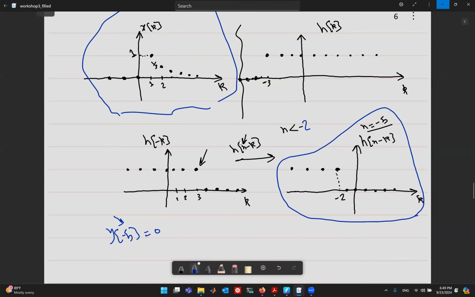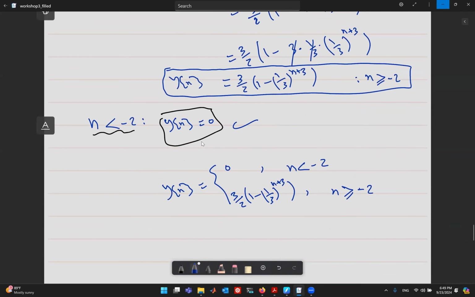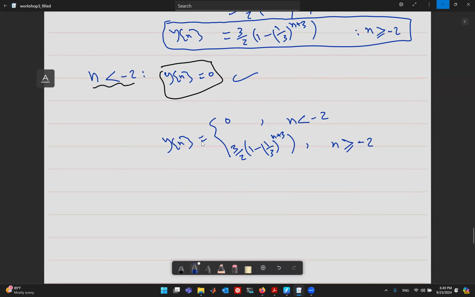You start shifting n minus k to the right and multiplying with xk and doing the summation over the whole k values, and you'll get the same result. I think I'll stop here because we are already over